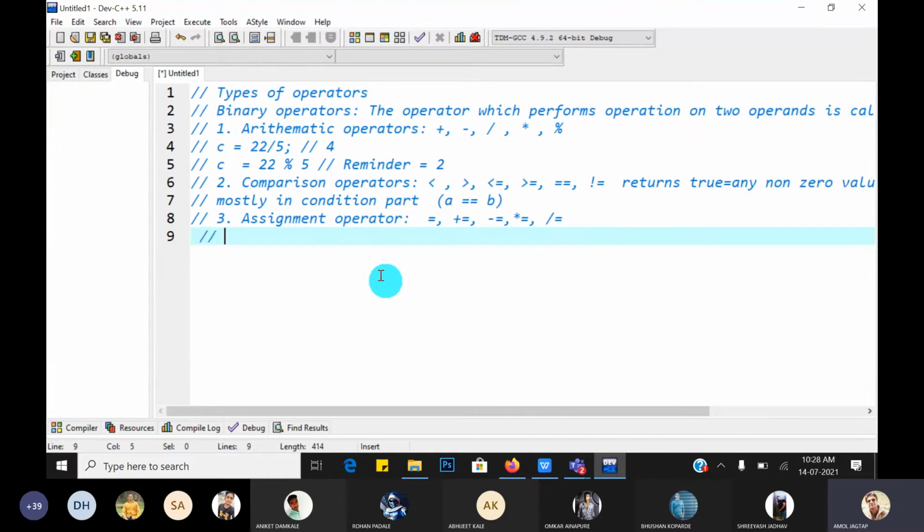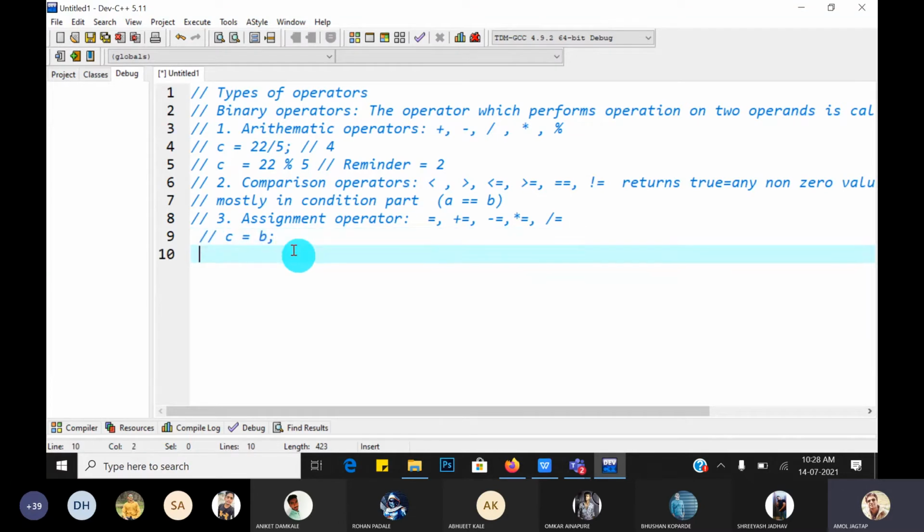For example, if C is equal to B, what is the meaning? Whatever the value of B is, the same value is assigned to variable C. Next, C plus equal B. What is the meaning of this? This is a shorthand notation.